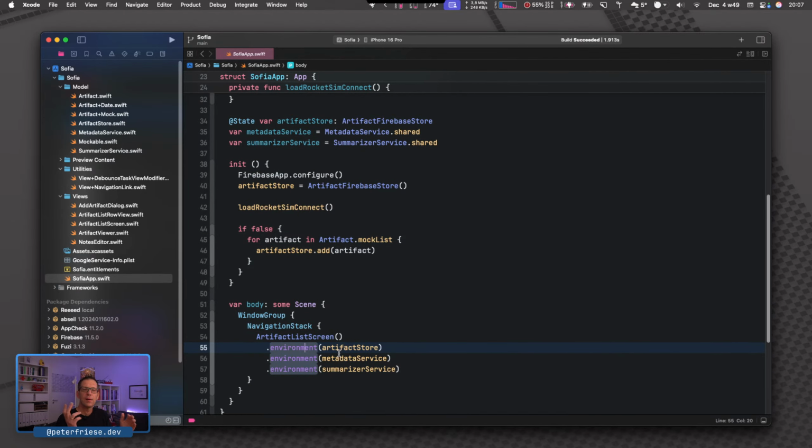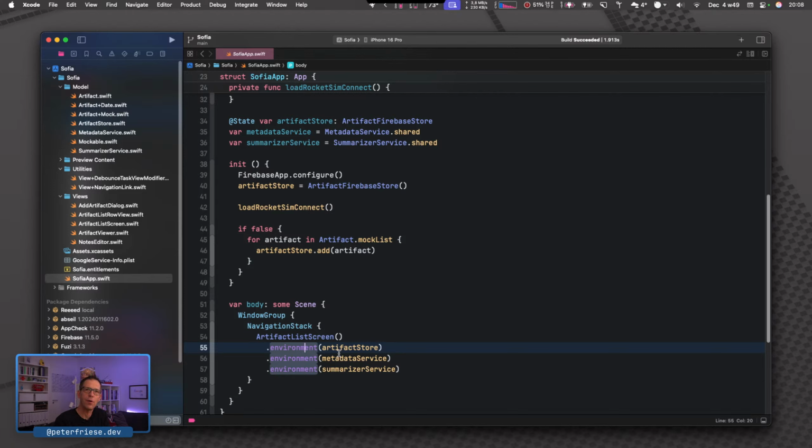So one thing to keep in mind with the environment is that the environment is like this tree that gets passed down through the hierarchy. Or I don't know, well, it's not a tree. It's best to think of the environment as some sort of a dictionary, and you've got the keys in there and then the values, and you can put stuff into the environment and retrieve it later on. The tree, though, is the view hierarchy. And in the typical application, you might have multiple branches in your view hierarchy.